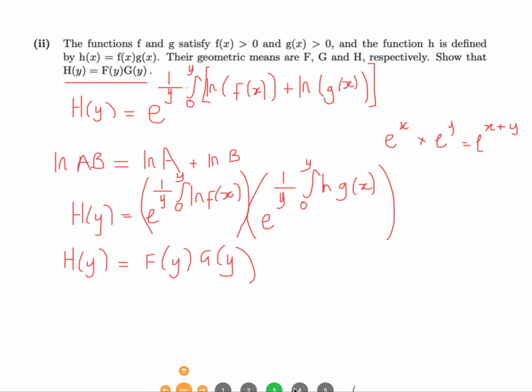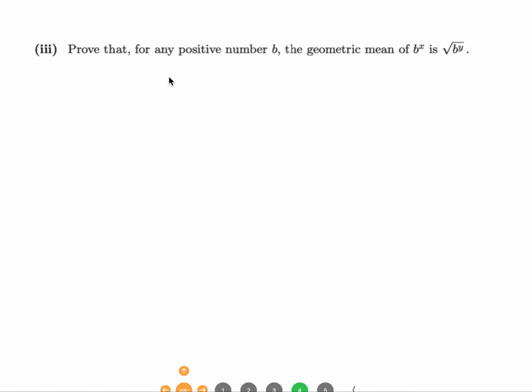If I call f of x this b to the x, then my geometric mean is going to be, actually no, I'm not going to be using e, I said I'd use b, to the power of 1 over y of the integral between 0 and y of